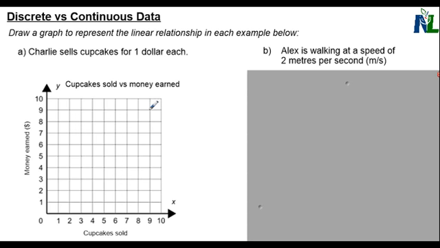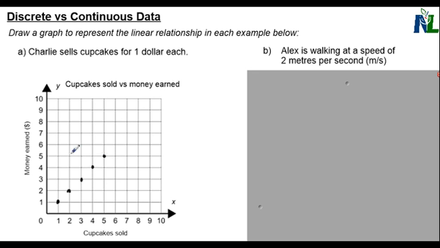And in our first example, we're going to compare the number of cupcakes sold to the amount of money earned. Cupcakes sold is on our x-axis, it's our independent variable. Money earned is on the y-axis, it's the dependent variable because how much money you make depends on how many cupcakes you sell. So, if Charlie is selling cupcakes at $1 a pop, he's going to make $1 for one cupcake sold. He would make $2 for two cupcakes, $3 for three cupcakes, and so on for however many cupcakes